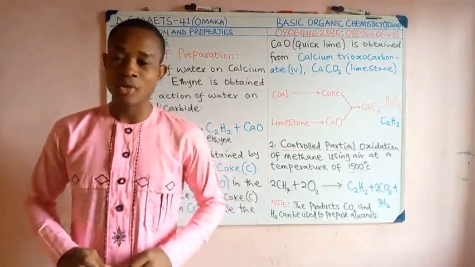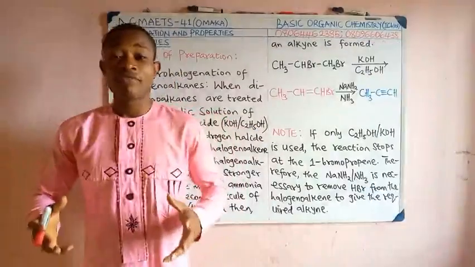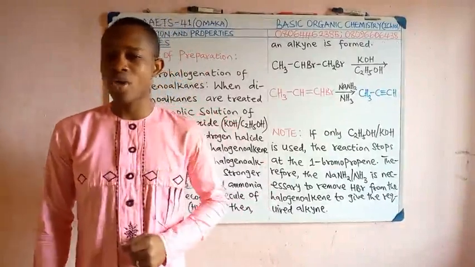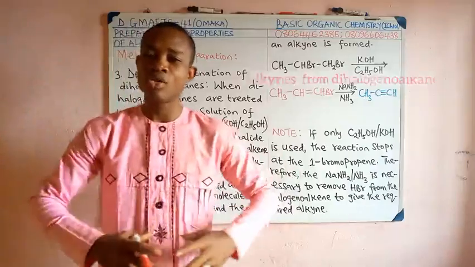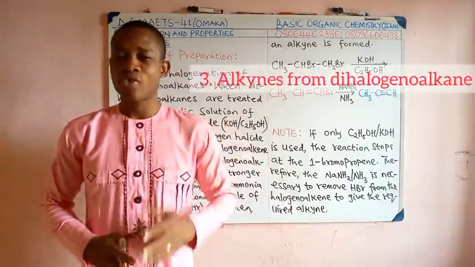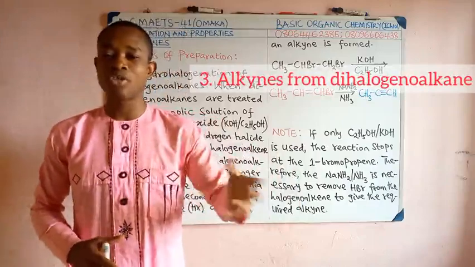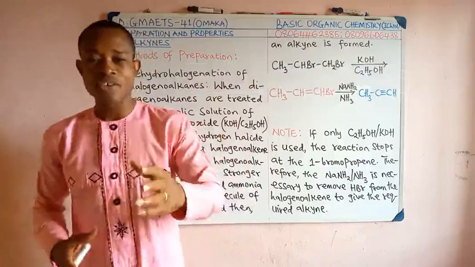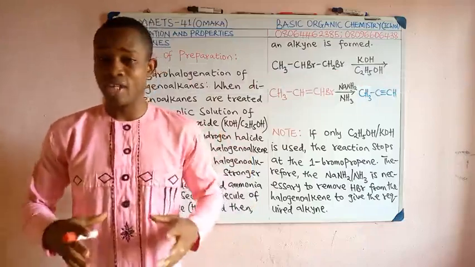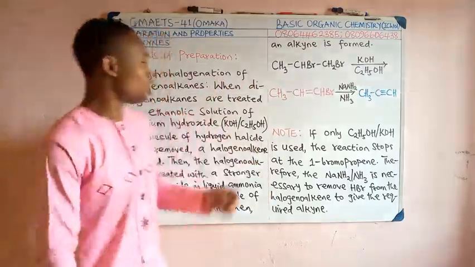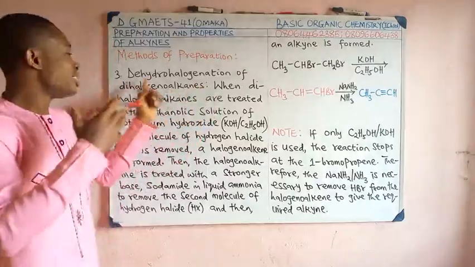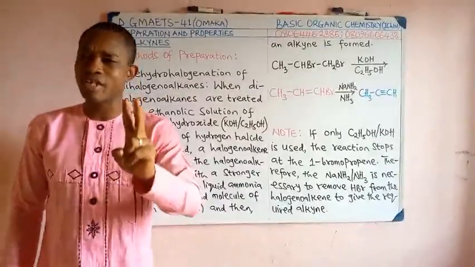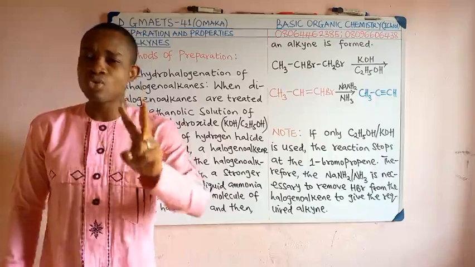that is, from dihalogenalkanes. In this video, let us now discuss the third method of preparing alkynes, this time around from dihalogenalkanes, alright? The reaction is a dehydrohalogenation process, you know. Dehydrohalogenation simply means removing hydrogen halide, is that okay, from a given compound. So given a dihalogenalkane, through the dehydrohalogenation process, one can remove 2 molecules of hydrogen halide. Take note of that. How many molecules? 2 molecules of